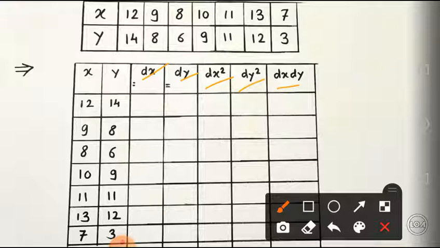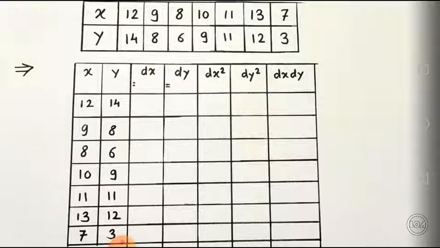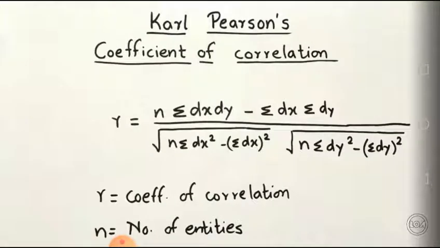D means the deviation from x. So we will calculate the mean first, and we will subtract the values or items of x and y from that point, the mean. In the next step we will calculate the arithmetic mean or the midpoint of the series. Then we'll use it in dx and dy. Why are we getting dx, dy, dx square and dy square? Because we require all these items in our formula. You can see in this formula we require n, sigma dx dy, dx, dy, dx square and dy square.